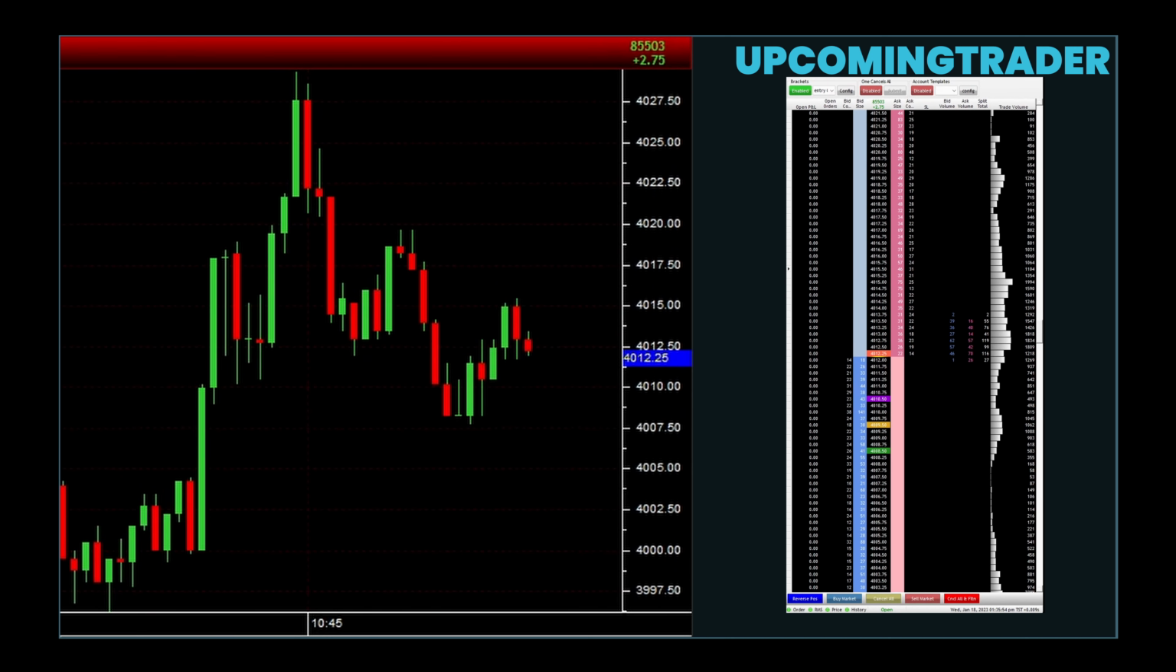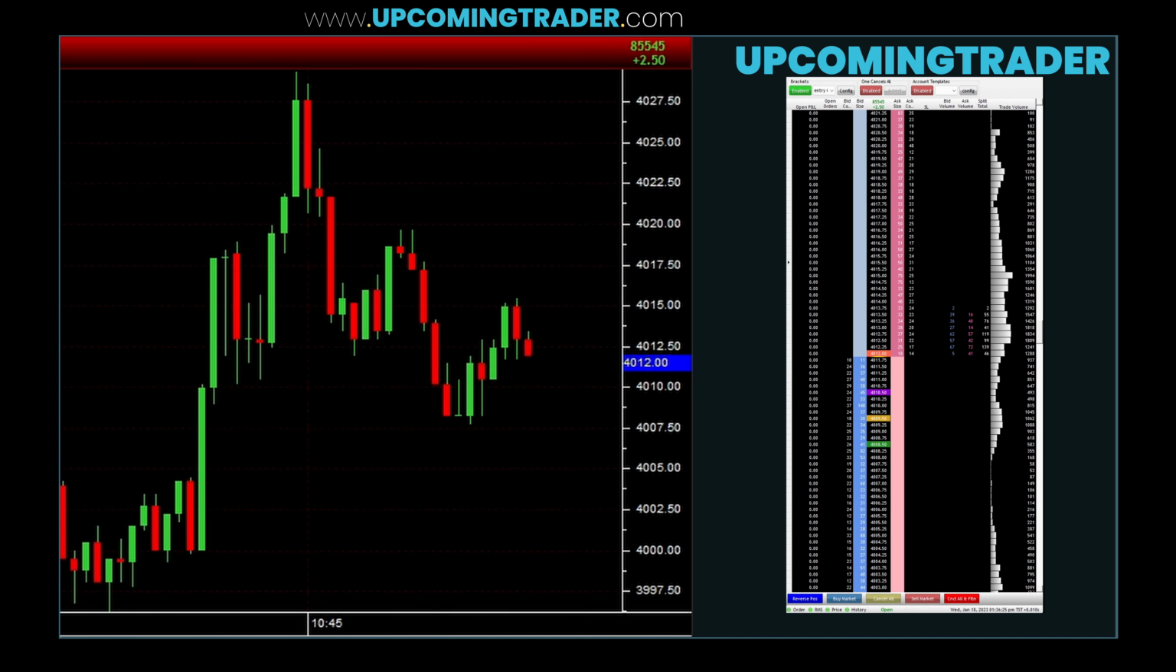Triangle patterns, including ascending, descending, and symmetrical triangles, show consolidation in price and can indicate that a breakout is about to happen. Ascending triangles are typically bullish, descending triangles are bearish, and symmetrical triangles can break out in either direction. Watching how these patterns interact with exponential moving averages can help you identify potential breakout points and confirm the trend